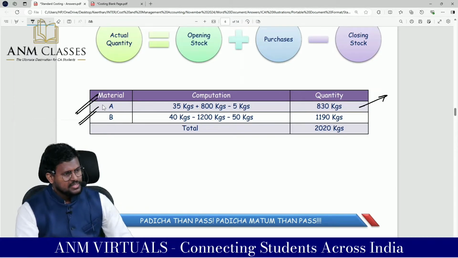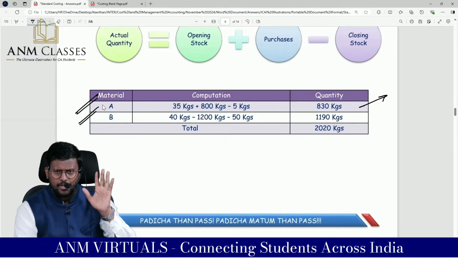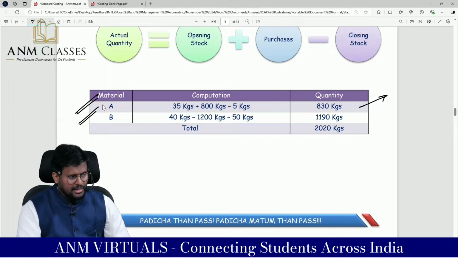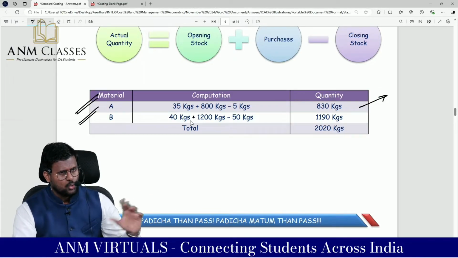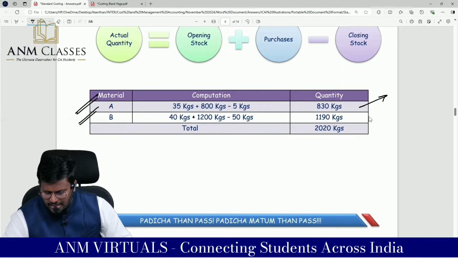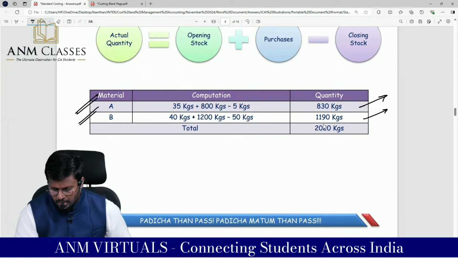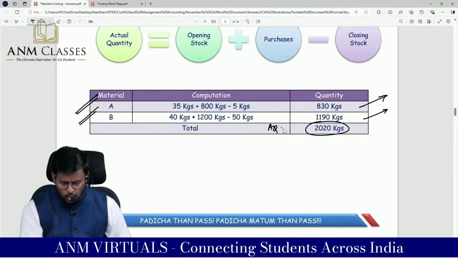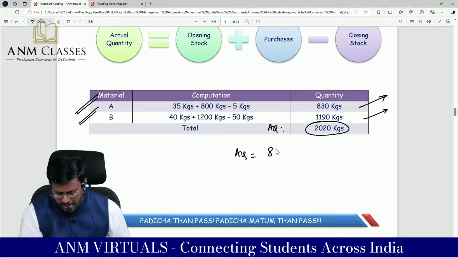Coming to material B, what is the opening stock? 40 kg. Add purchases 1200 kg, minus the closing stock. Tell me what is the material consumed? So this is the actual quantity. The actual quantity of material A is 830 kg and the actual quantity of material B is